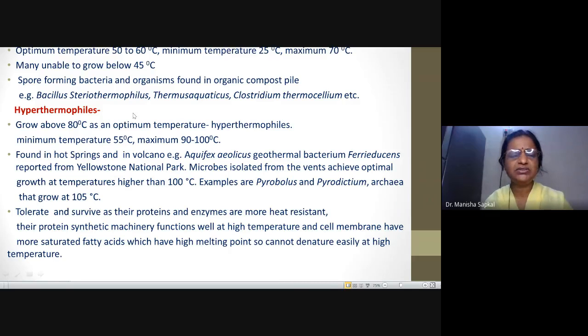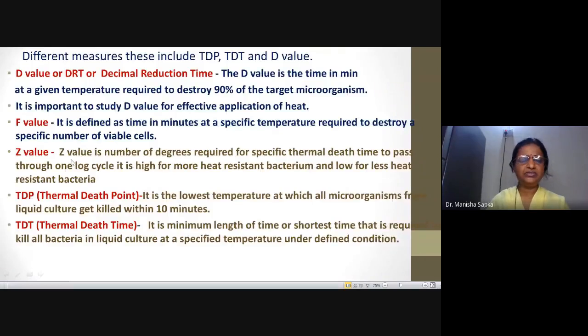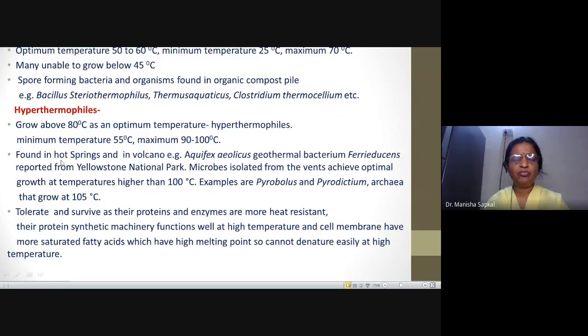Now, where do these organisms generally occur? They are found in hot springs. All of you know what hot springs are. There are hot springs very near to Patan. When we are going to Chiplun, there is one village, Someshwar. At Someshwar, I think all of you have observed these hot springs. Some organisms reside in such hot springs. These are hyperthermophiles. Volcanic areas also show the presence of hyperthermophiles, and these are some examples of organisms of